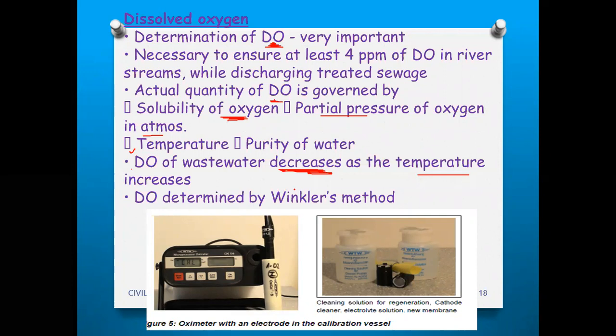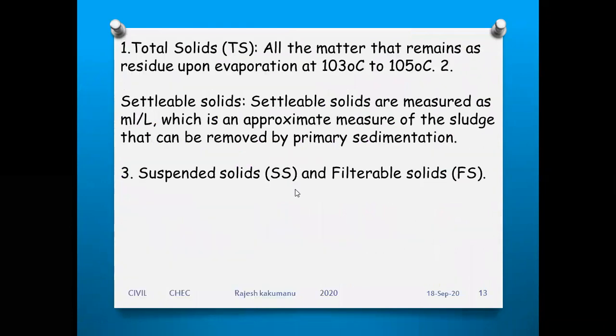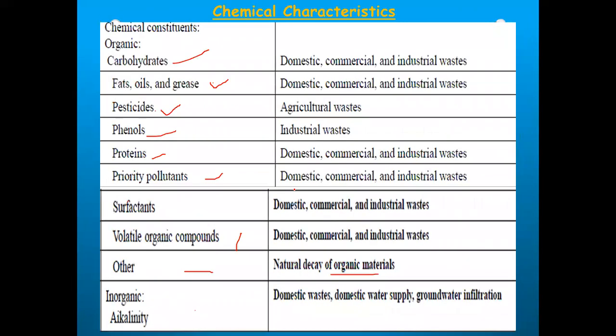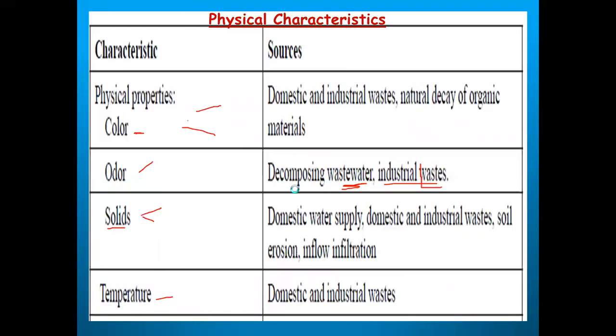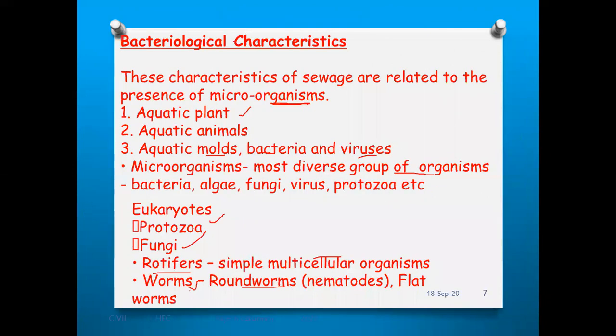Okay, so now what did we discuss, the chemical characteristics, the main topics. See the main topics. These are the main topics. So if you get a question, you will get a question like this. So these are the chemical characteristics, write the headings. So explain the chemical characteristics of sewage wastewater, then write these topics and write 1 or 2 points on each. Explain the physical characteristics of sewage wastewater, then you have to write these 4 topics and you have to write 3 or 4 points. Explain the bacteriological characteristics, then we have to write these points and we have to close